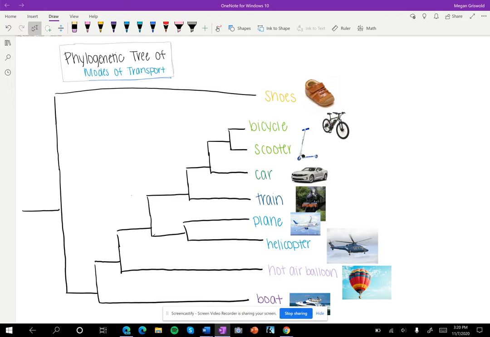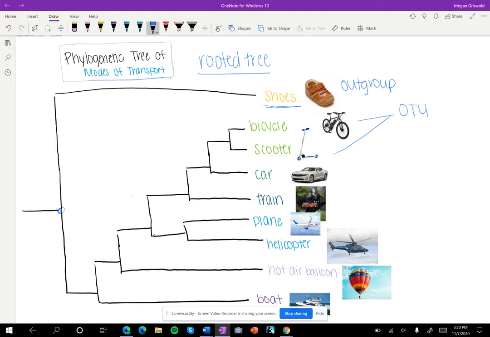First, we know that walking was one of the first modes of transportation. Thus, I have listed shoes as an outgroup for modes of transport because it is an OTU that diverged sooner than all the others and shares a common ancestor with all the other OTUs. We are looking at the differences in operational taxonomic units, OTUs, based on the difference of transport instead of species or alleles. In my drawing, I have depicted a rooted tree because the distance between the OTUs or modes of transport is known by comparing it to our outgroup of shoes.